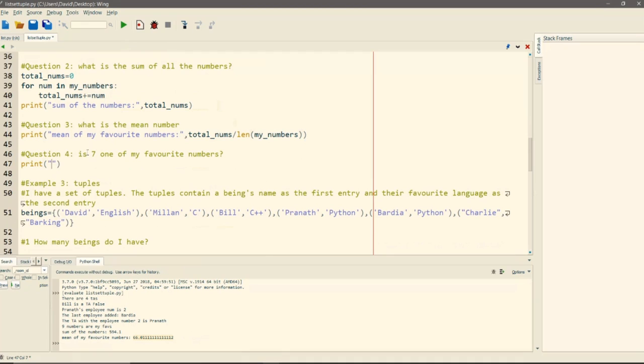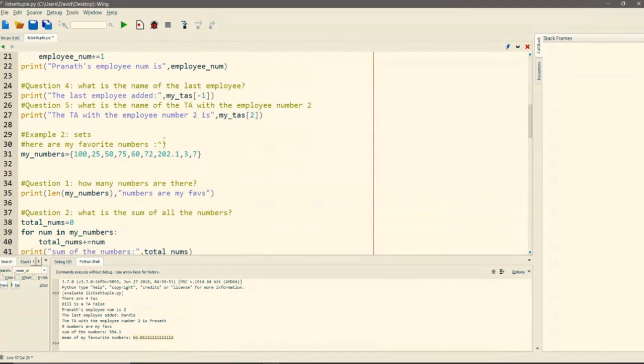So this could come up. An example would be, let's say I'm the prof again, and I decide, okay, I want to know if this person is in the class, right? I can check if they're in the class, and if the class is a set, you're pretty much doing the exact same problem. So what I want to do is say 7 is fave number, and it's exactly the same as the list.